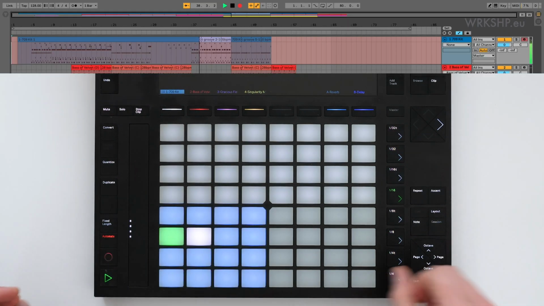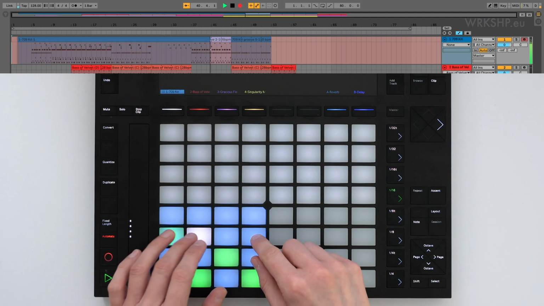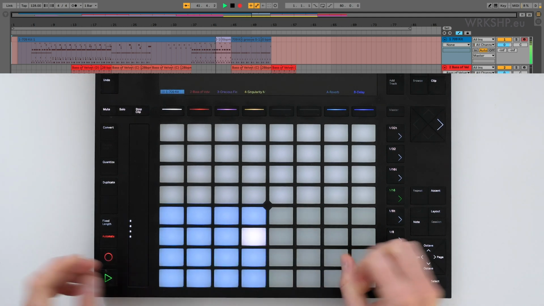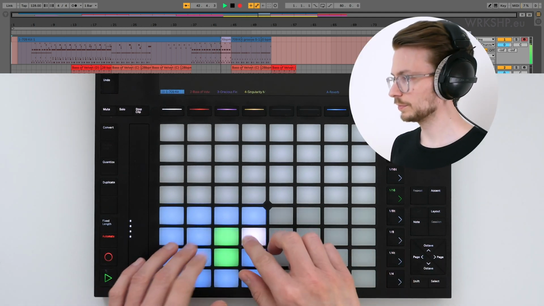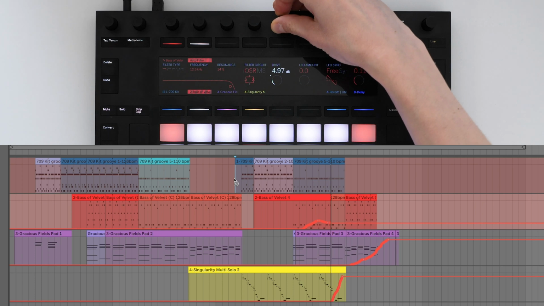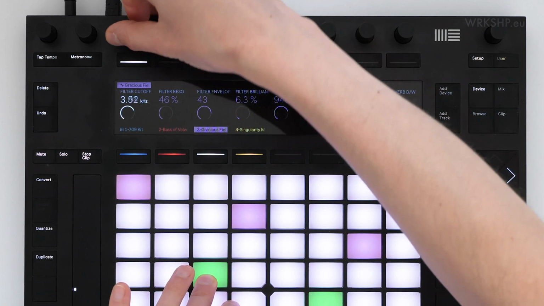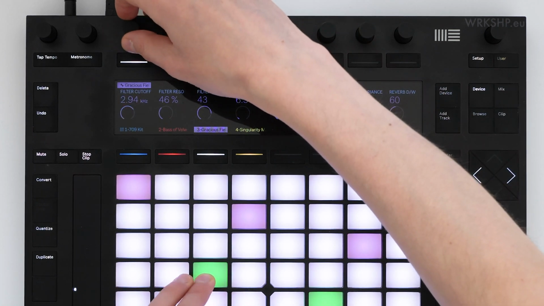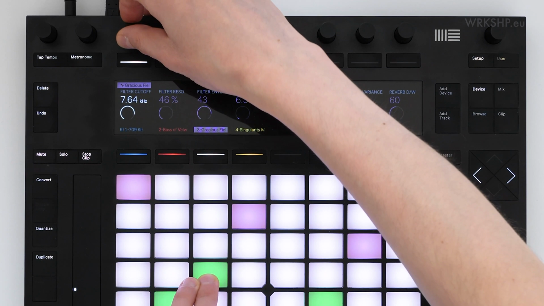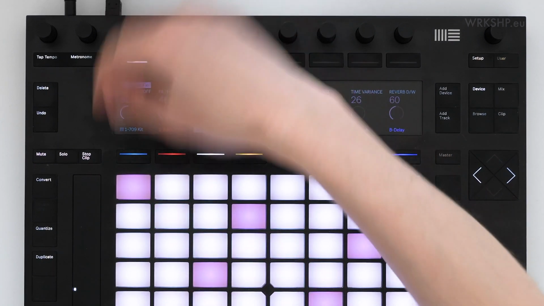Going deeper, I show you how to record extra ideas such as fills and percussion as builds and drops, and how you can use Push to layer automation to create interest and variety in your arrangements. Lastly, I show you my dream setup for working with session and arrangement views with Push.